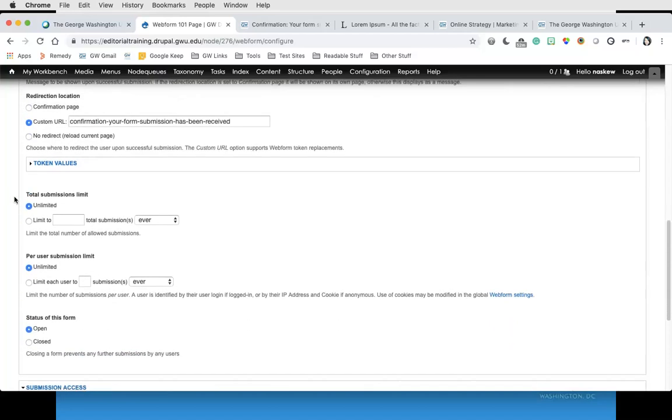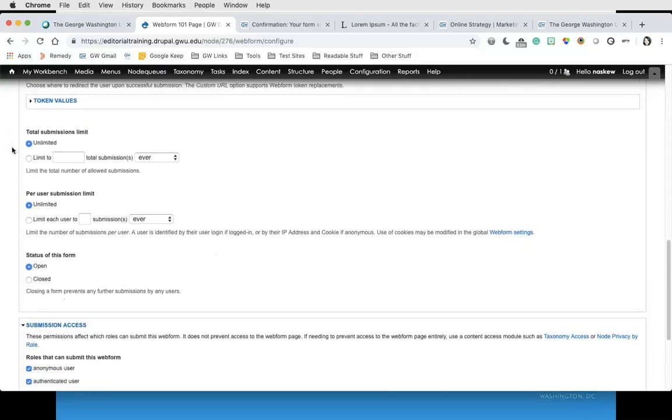So now that we've indicated what our confirmation message is and what page will load after they've successfully submitted the form, you now have the option to put in some limitations on the form as far as how many times a user can fill it in and how many actual submissions will be allowed, as well as that status of the form that we talked about earlier. So you can say total submissions limit, unlimited is the default, or you can limit it to a number here,